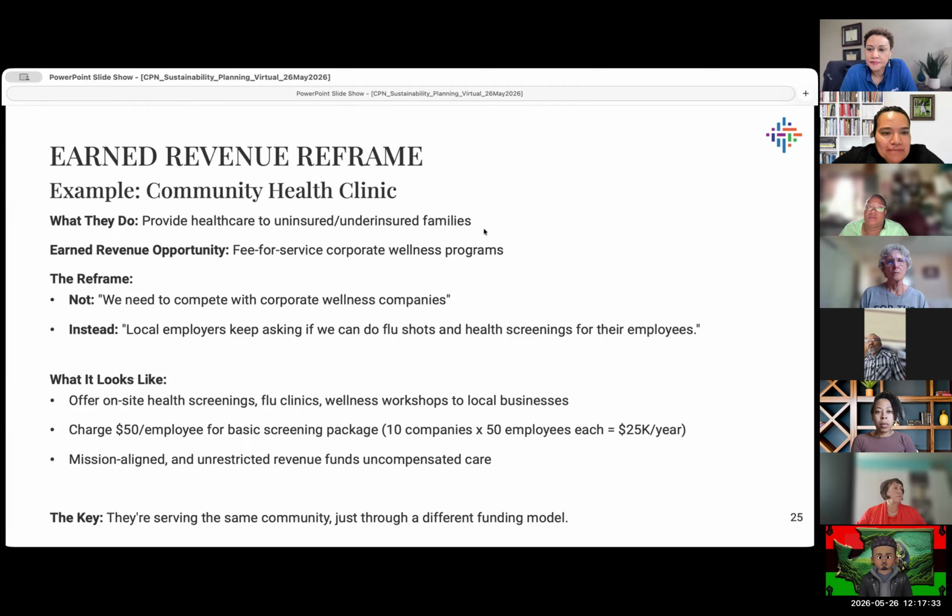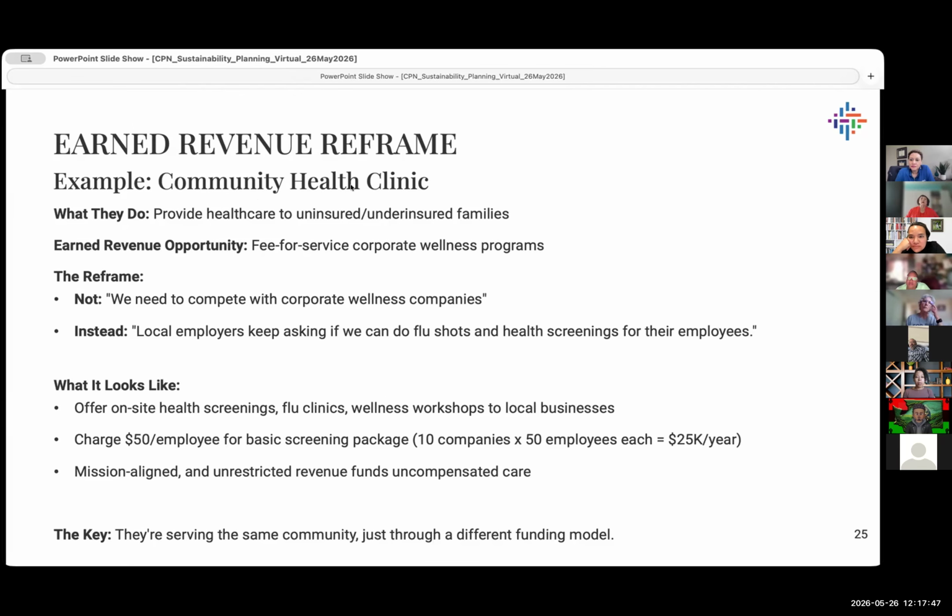Thoughts? How might this work for you? Want me to try with your organization? Go ahead, Maria. Okay, we were in the process of trying to work with a church here to have classes